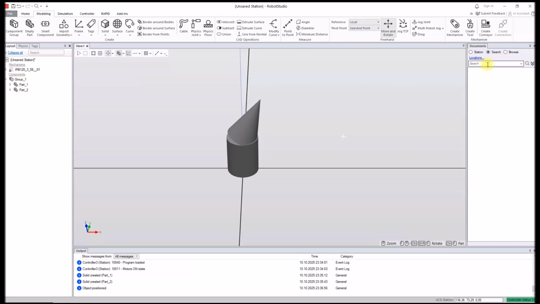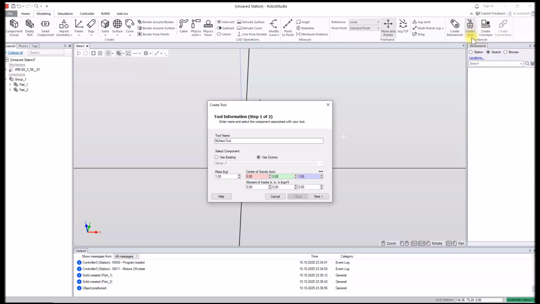And now we can transform this to the tool. So in modeling, create tool. The name is okay. Instead of using dummy, we will create a tool of our existing object. So we choose a group,